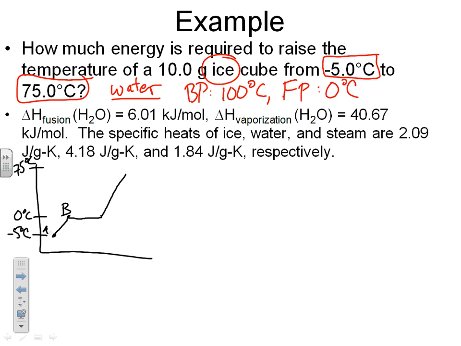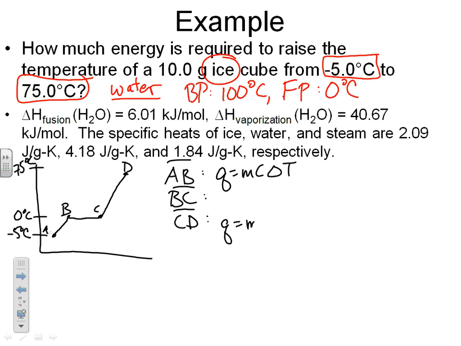So we have 3 line segments here: AB, BC, and CD. Each of them gets a calculation. From A to B, the temperature is changing, so we're going to use Q equals MC delta T. From C to D, the temperature is changing, so we're going to use Q equals MC delta T. From B to C, however, the temperature is not changing, so it's melting, so we're going to use Q equals